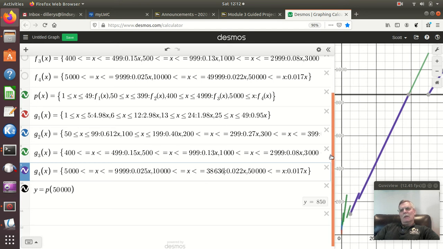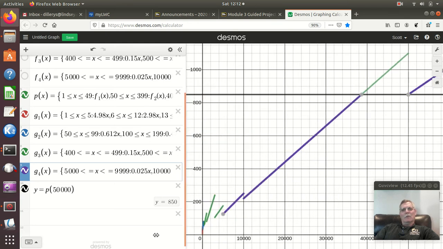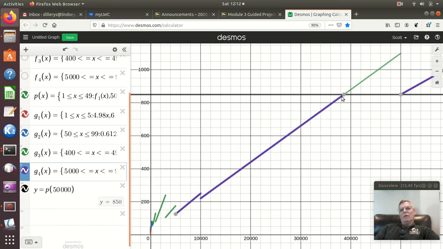And notice then that by changing that upper value, G, the new piecewise defined function never goes up here. And so I've changed my domain a little bit of the values I can put in, and this would tell me never buy anything from this value here, the 38,636, until I get to here at 50,000. Okay, because that's right, it's